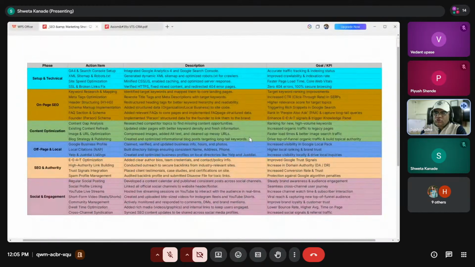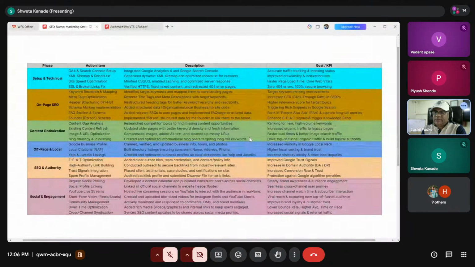So your SEO strategy is also divided into various steps. I'm calling them phases. First of all, we need to focus on developing an infrastructure for SEO. So the strategy begins with integrating GA4 and Search Console,